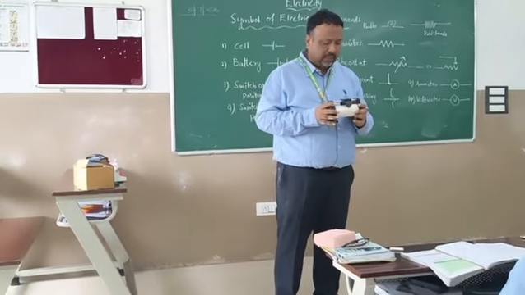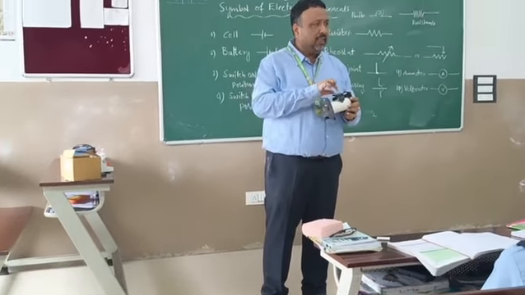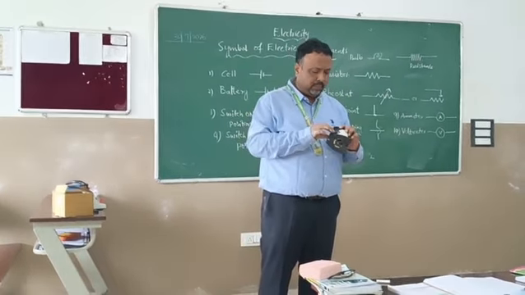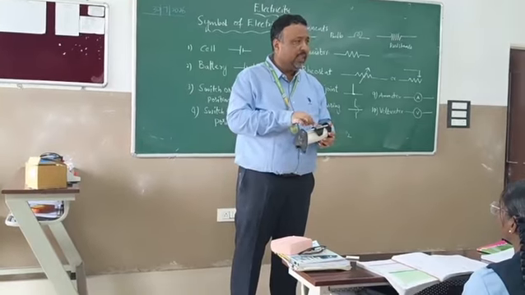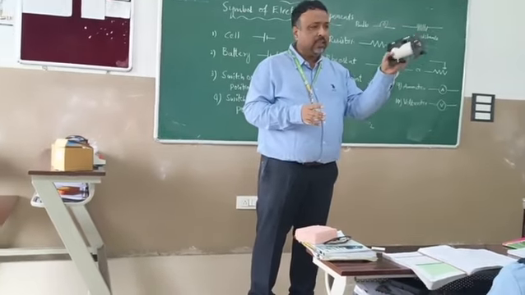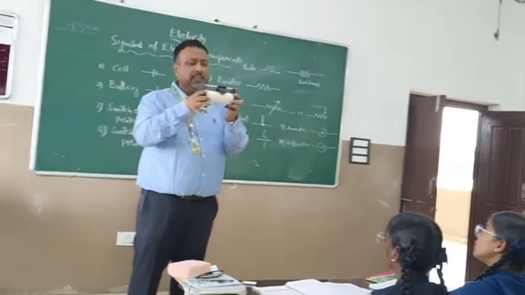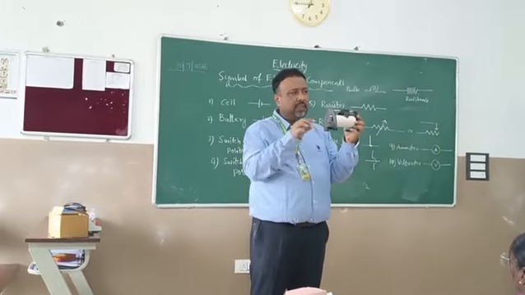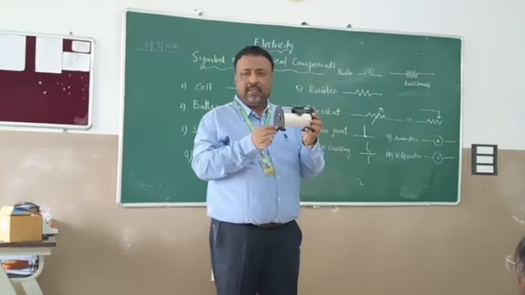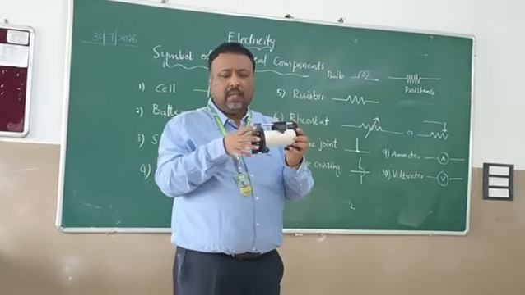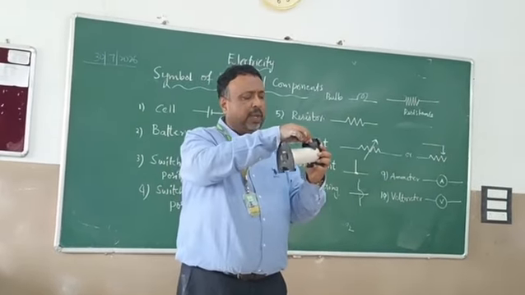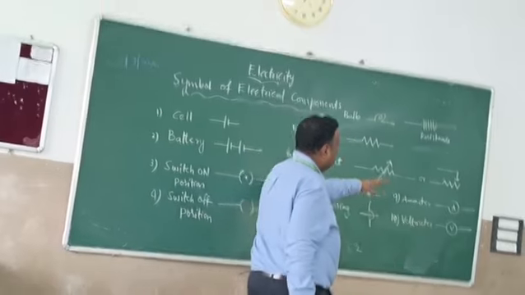But rheostat is not fixed. It has some parameter, right? It can go from 0 to some number. So the specification will be given on the rheostat. This is the rheostat. You can see two connections, positive and negative, here. While doing an electric circuit, we connect them in a particular order, and there is a pointer here. The pointer you can see here.